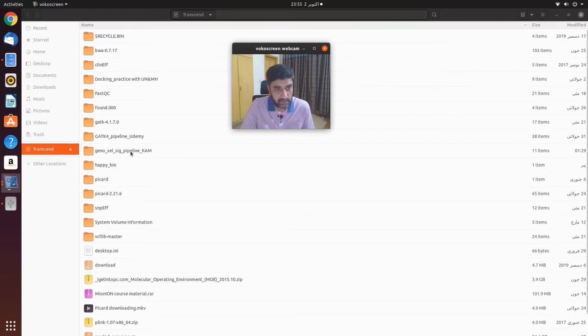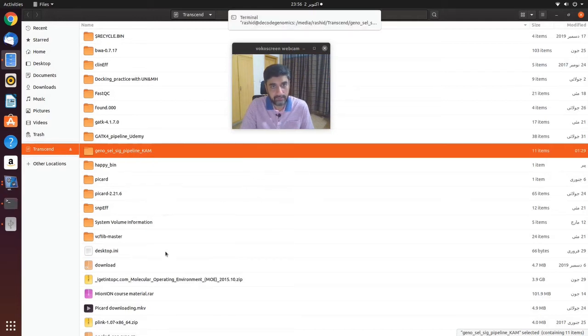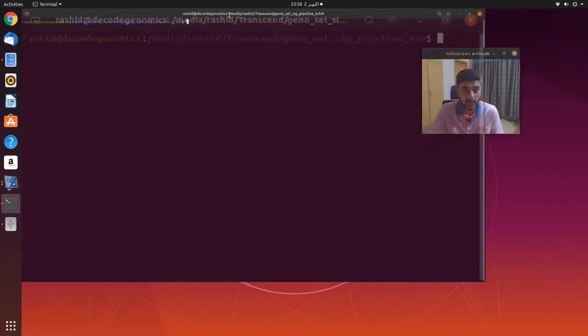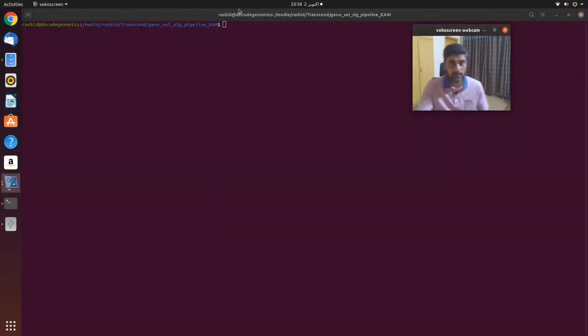I'm going to open this folder in a terminal. Right click it and open in terminal. So our terminal is open, and we are in this folder.